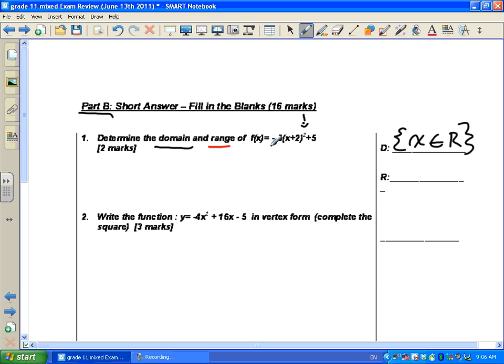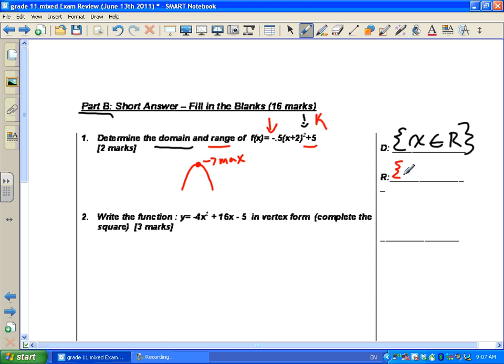Now the range of this is going to change. Which of these 3 changes the range, Patrick? The 5, yes. So our k is what's important. That's changing the vertex and if the parabola opens upwards or downwards. This is negative, so which way is the parabola open? Downward. So it's going to have a what? Maximum. So we have a maximum,